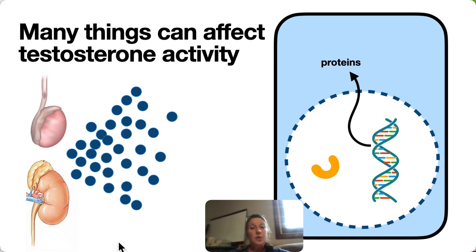Now, testosterone doesn't function as it is first formed. It actually has to be activated. And so there's going to be a difference from one individual to another in terms of how this activation takes place. For some people, they can produce testosterone, but it never gets converted to its active form, or most of it doesn't get converted to its active form.